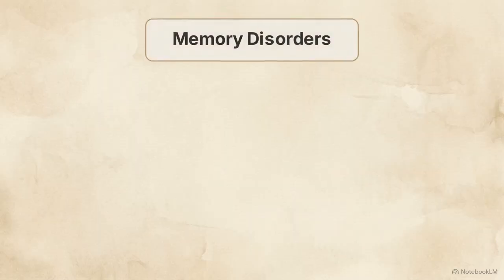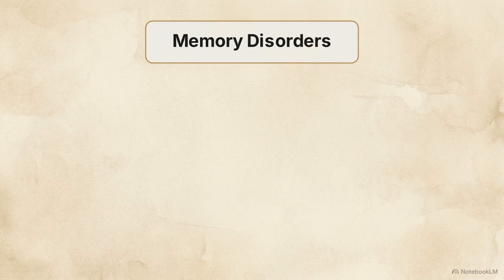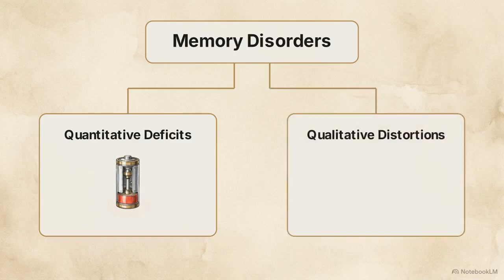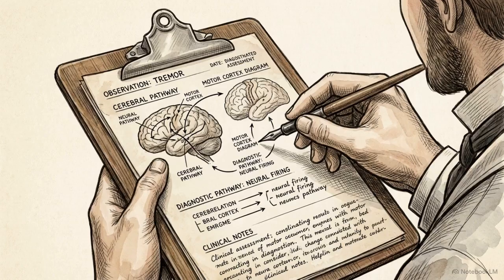To accurately diagnose these patients, clinicians map the taxonomy by dividing memory disorders into two strict categories: quantitative deficits, which measure a drop in the volume of memory, and qualitative distortions, which measure the accuracy of the memories that remain. Mastering this mechanical breakdown is the essential foundation for isolating patient pathology and a strict requirement for passing clinical viva